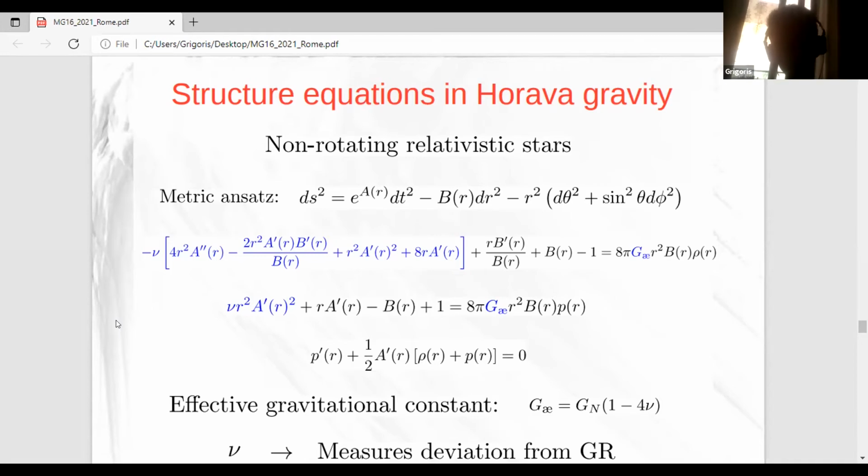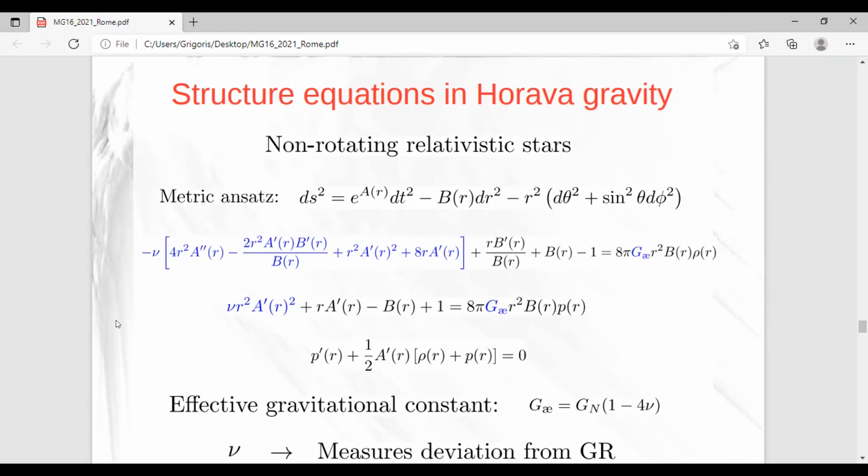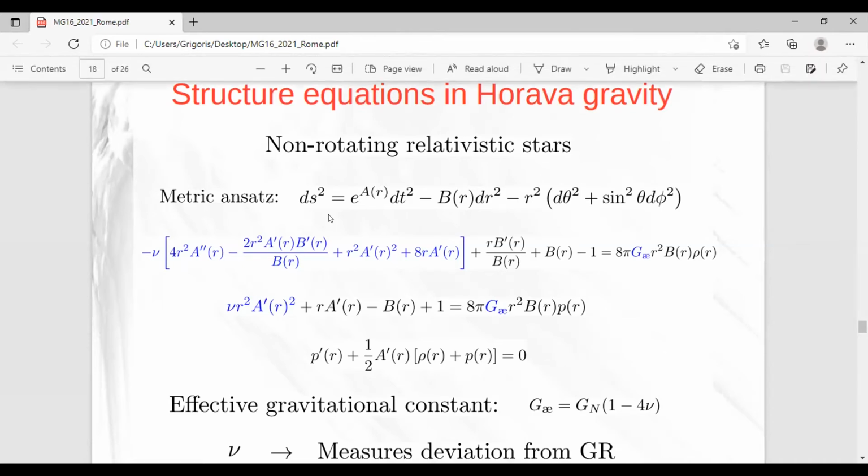Now I'm not sure I understand what I am missing if I use this metric as such, the standard one, with two unknown functions a and b that depend only on the radial coordinate. Because in the spherical case, you only have 2 degrees of freedom to choose the metric. Then you already choose the radial coordinate r squared and no diagonal term, so the 2 freedoms you already use. Then the ether field in principle has 2 components. So you also impose the 3rd degree of freedom by assuming the ether is static.